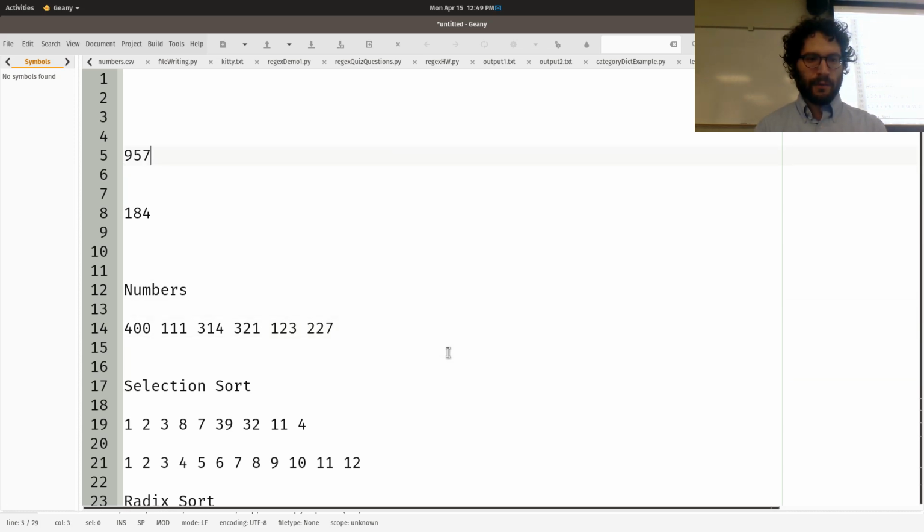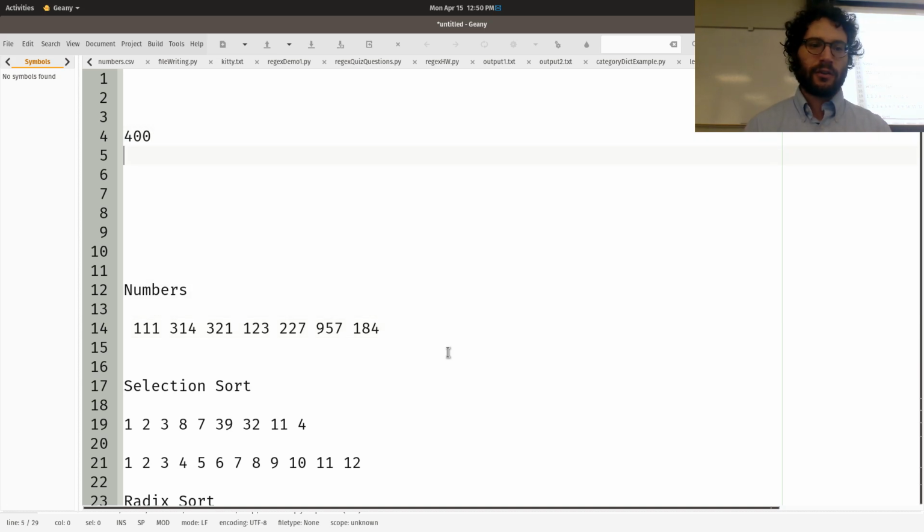Then we take the item from the 5 queue, 957 from the 5, and then 184 from the 4 queue. And notice now that they are sorted, basically, if we look at only the second digits: 0, 11, 14, 21, 23, 27, 57, 184. So now the final step is to do it from the